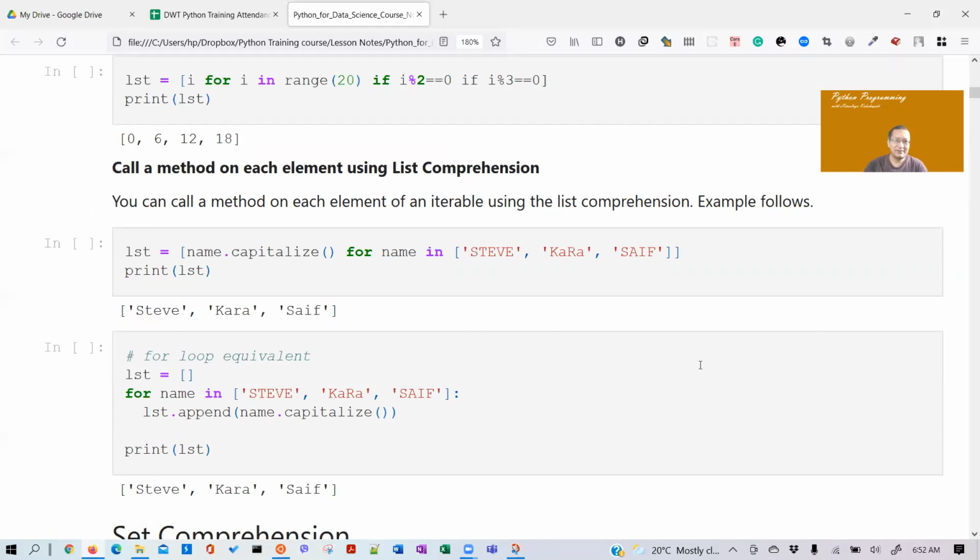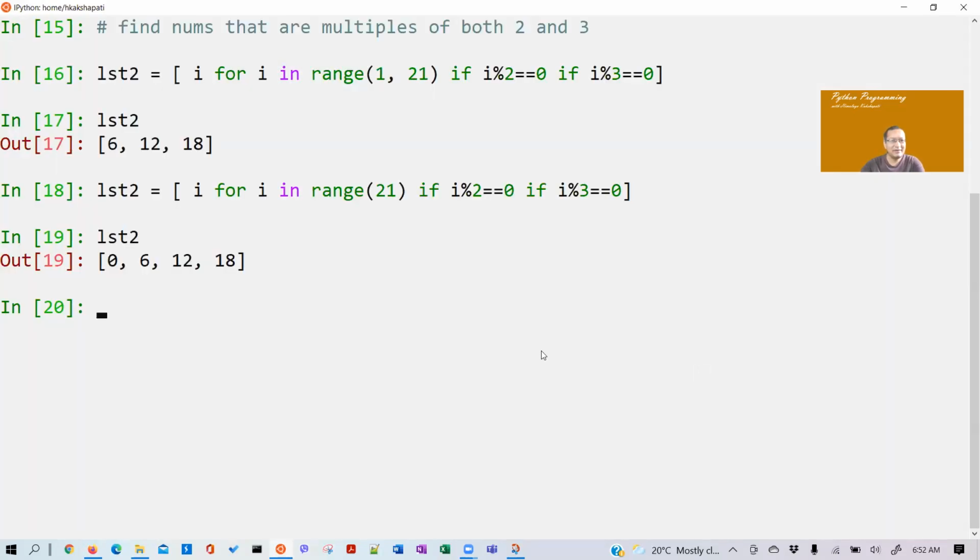Okay, see, you can even call methods, right? So we can do, for example, I want to capitalize names. Names is a list, names is equal to, say,